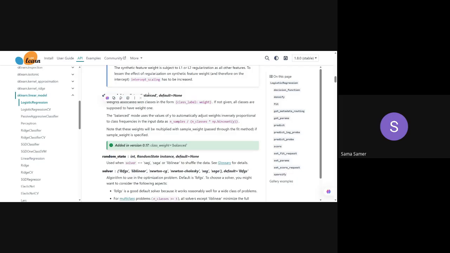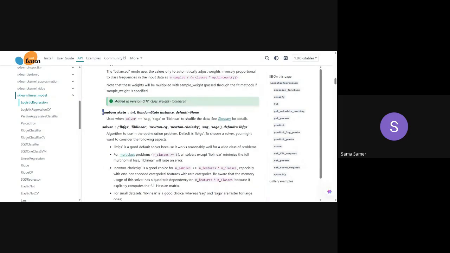We can enter a dictionary if the class is not balanced. So I can enter how the balance works inside this data, whether it is balanced or none. Weights are associated with each class. So take care, this is the way that the gradient descent uses to do its work.